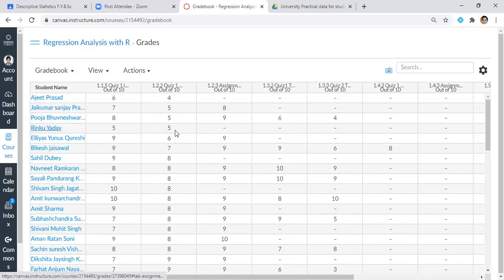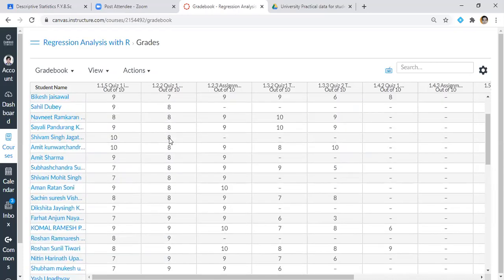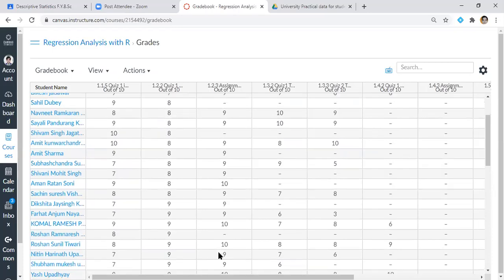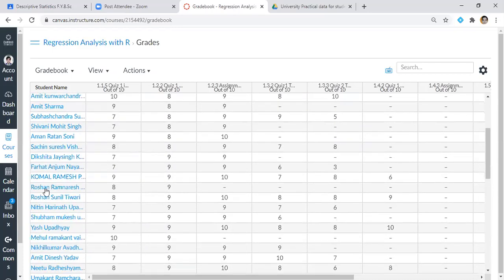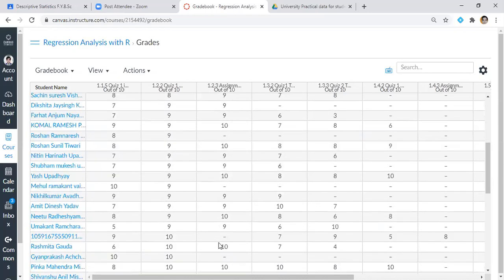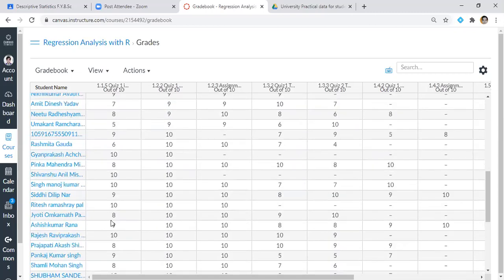Rinku Yadav, then I'm taking a few names, okay? It's not that I will take every name, but make sure that Shivam, then we have Roshan, Mehul, Shivanshu.